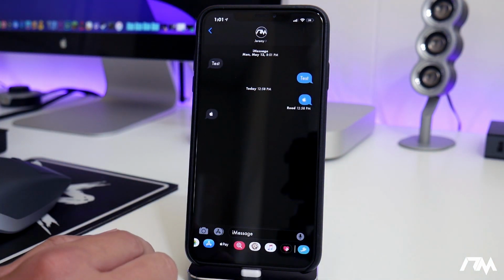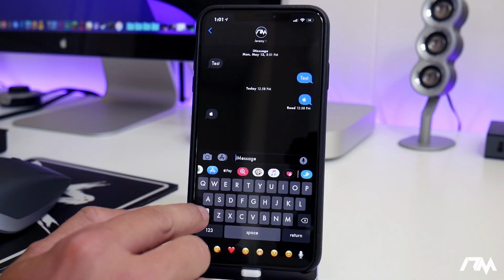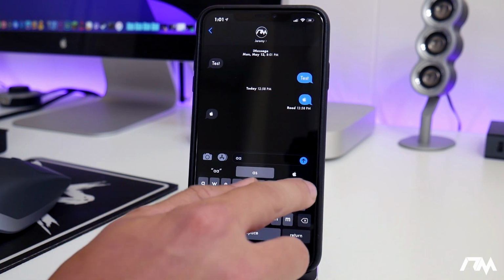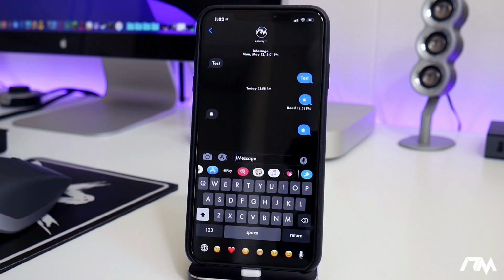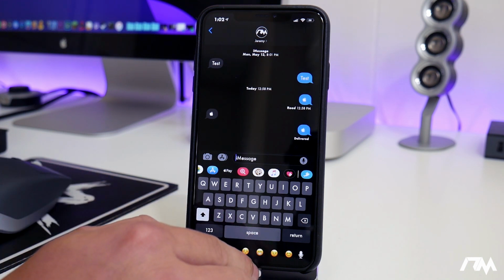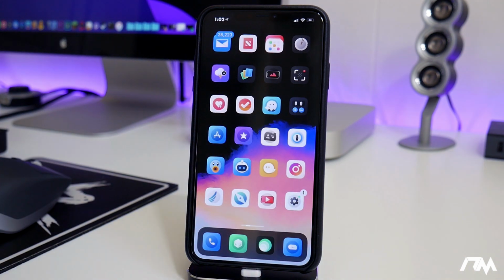As you can see here, I sent myself the Apple logo. I'll do it again here. This is basically using it in action so you guys can see. So there's the Apple logo, and I can go ahead and click on send, and I sent and typed out the Apple logo. So it's really quite cool, and it's really simple to set up as well. So I'll show you guys how to do that.